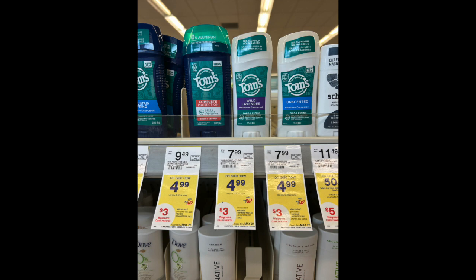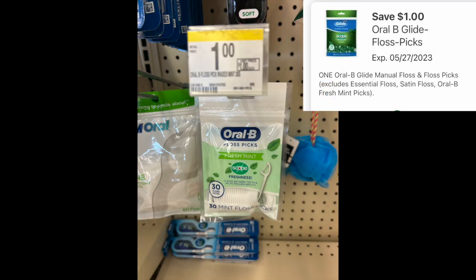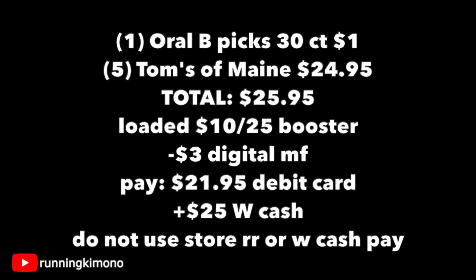So what I did, guys, was I grabbed 5 of these deodorants priced at $4.99. Now, I am a little bit short from getting to that $25 mark. I also had $2 digitals that I loaded to my store card, just to note that. As I was a penny or 2 pennies short from hitting that $25 mark, I grabbed one of these free picks found in the dollar spot or travel area. They're $1 and we have a $1 digital that is attaching. So this is a very easy deal. Grabbing one of those picks for $1 and then 5 of the Tom's of Maine deodorant is